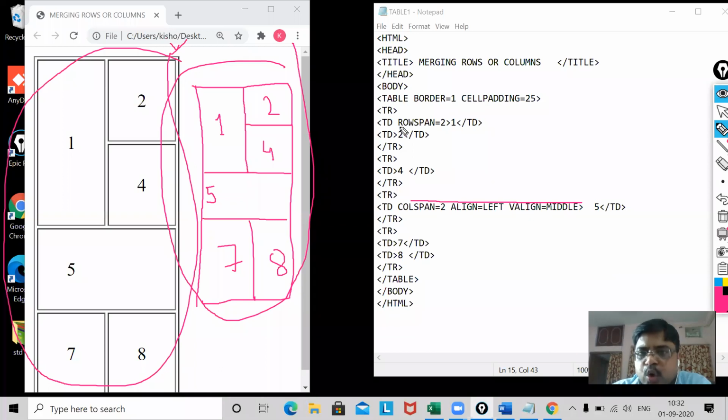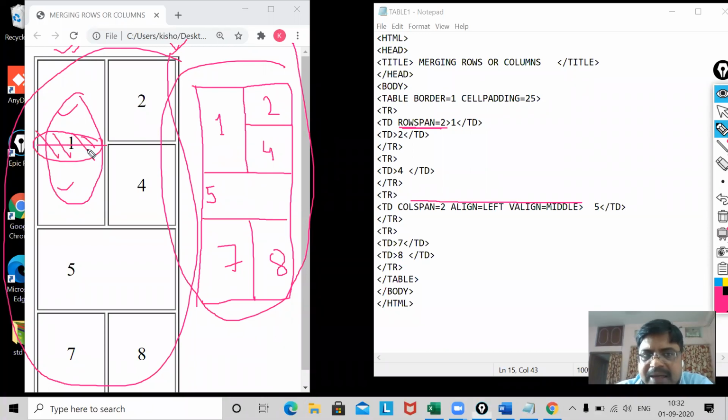Now row span, again I am explaining, row span equal to 2, spanning of 2 rows. You see, for your first column, how many rows are there? Actually, your rows are like this, first row and second row. But what I have done is I have broken this one and kept this value 1 where? Here, 1. Now 2 will be the second one. Now next I am going to create the second row. Second row will have only one column, 4.